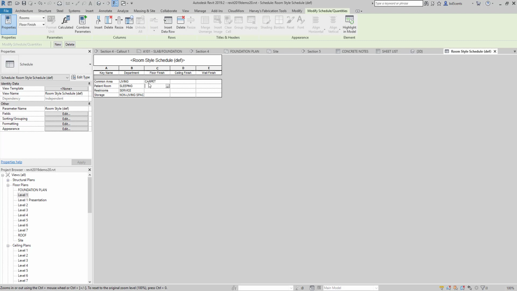Patient room is carpet. The common area is actually wood. So we'll set this to carpet, this to wood. We're going to use all caps in this case. Restrooms, it's going to be tile. Storage is going to be concrete. And you'll notice as I click these drop downs, it'll show me those values. But for this, I want this to be